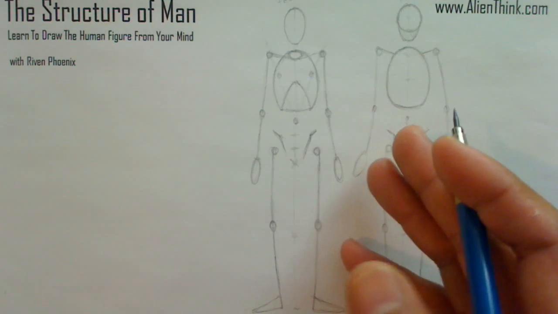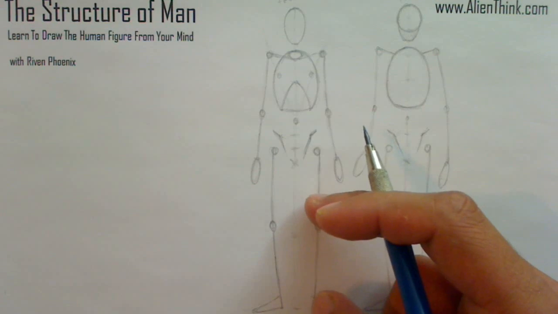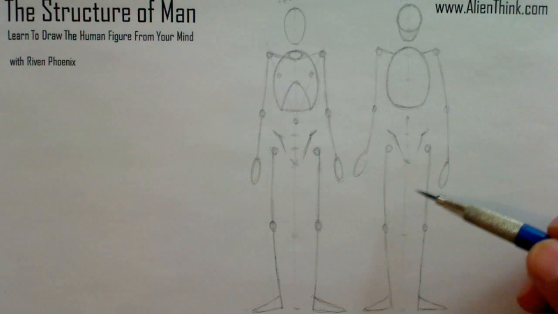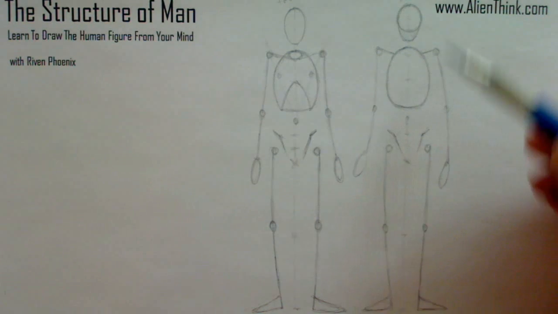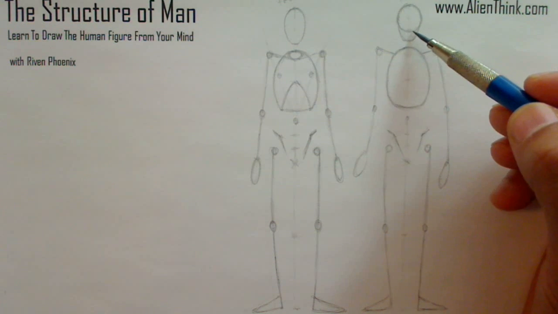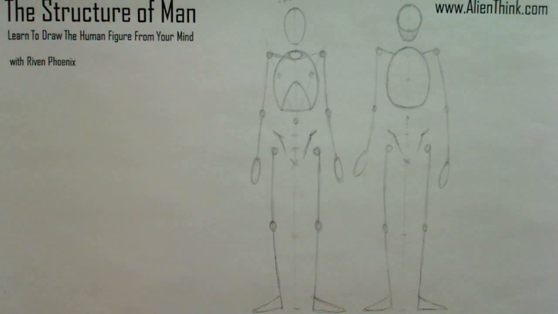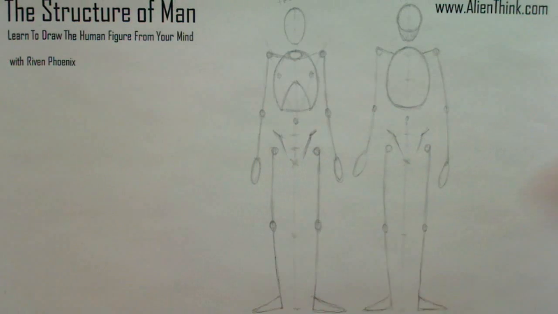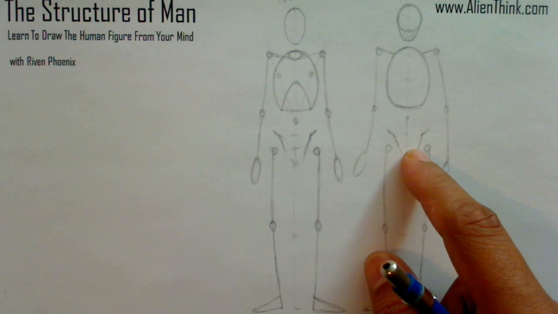Okay, so in the previous lesson we had left off where we had understood how we were able to help the mind understand where it could now draw from memory the front view, and now it can also draw the back view, right? So the only difference was that we drew the chest cavity a little differently, and then we put really a circle here for the back view of the skull and really just shaded this in a little bit to signify that that was the area of the jaw, right? And everything else was basically the same. So it was this area here, these two places that we wanted to understand. We understand this, but over here is the fuzzy area that we don't know.